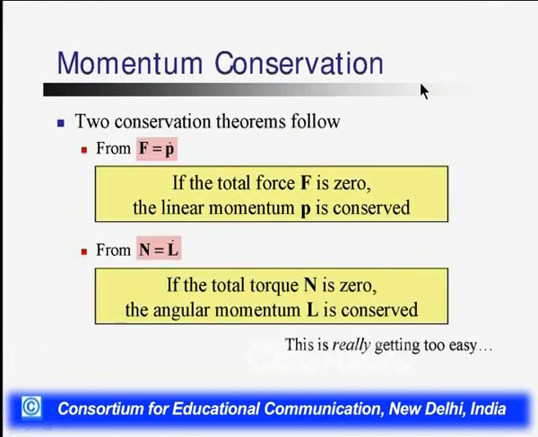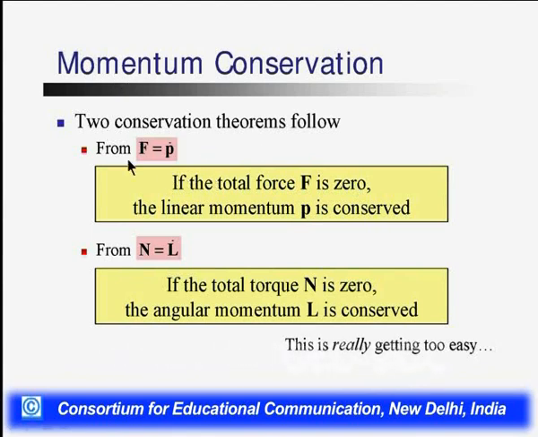Momentum conservation. How do we define momentum conservation? Two conservation theorems follow from that. From the first, we know that F is equal to dp by dt, force is equal to the rate of change of momentum. Then we define: if the total force is 0, the linear momentum is conserved, because dp by dt is equal to 0, then P